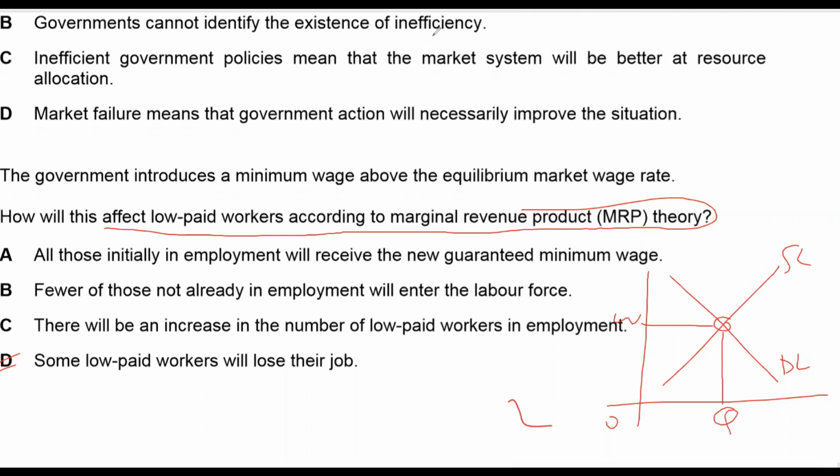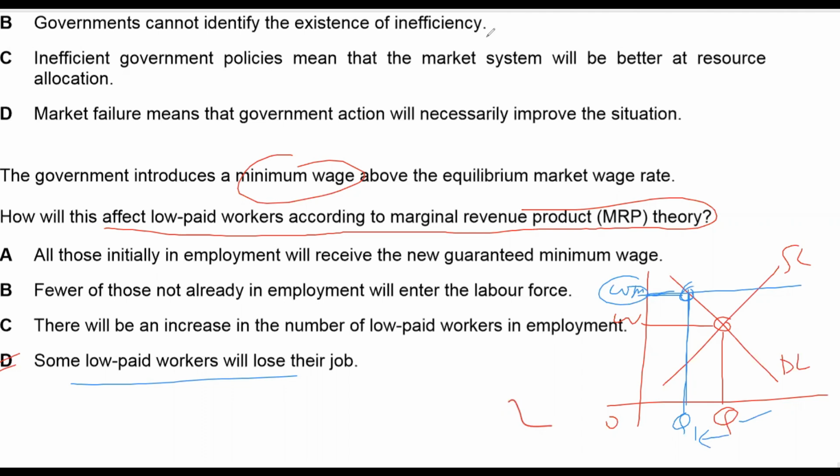And if government imposes minimum wage, it is the wage rate set by government above equilibrium. So this is minimum wage rate, WM. What it results in is a fall in demand for labor. So initially employment was this, now employers will be demanding this much amount of workers because wage rate is high. When wage rate is high, demand for workers decreases. So now employment will decrease to this. It means unemployment will rise. So when unemployment rises, workers lose their jobs. So D is correct answer.